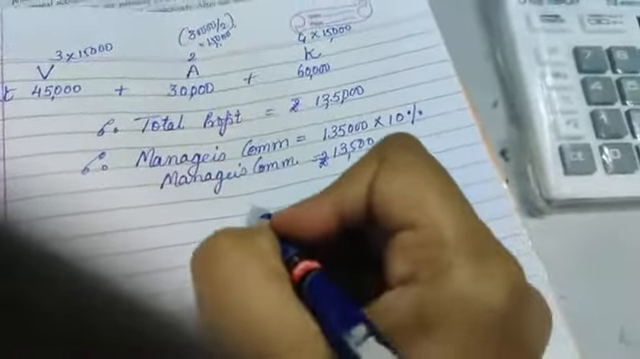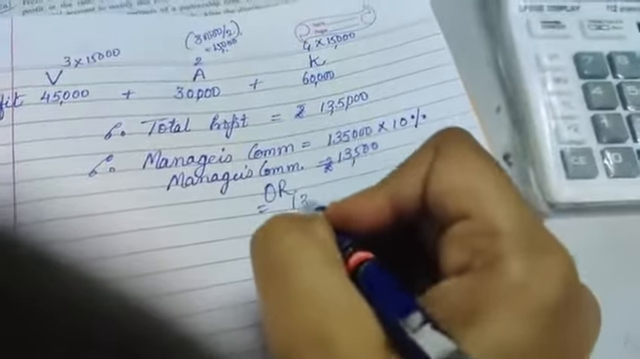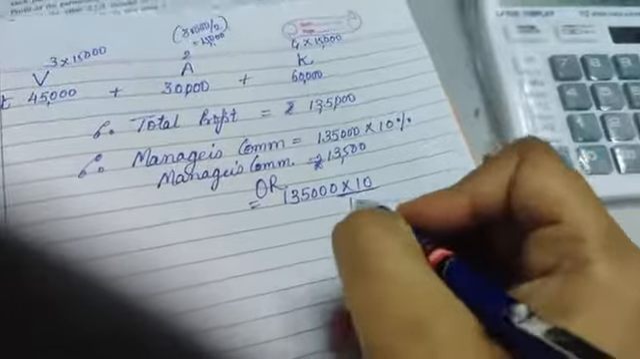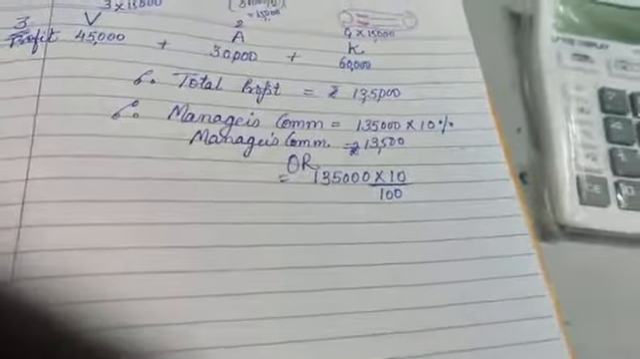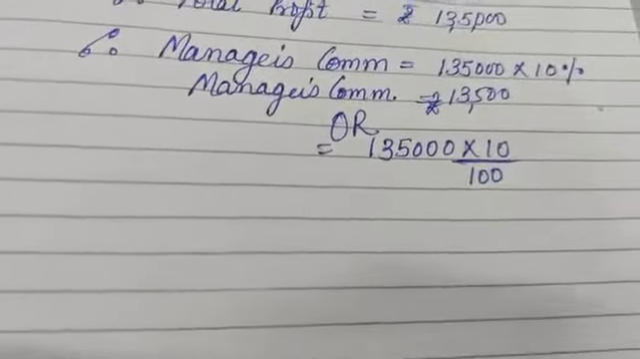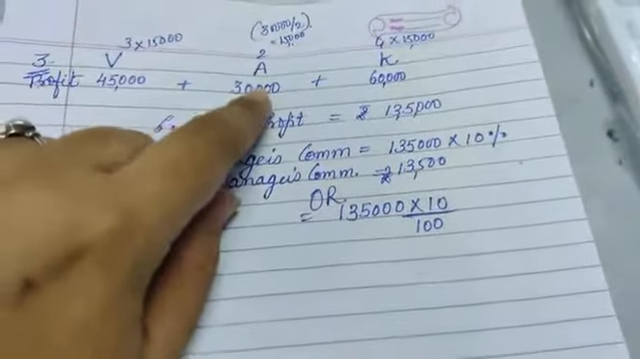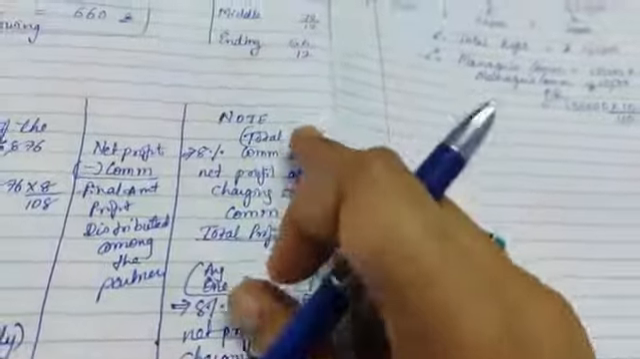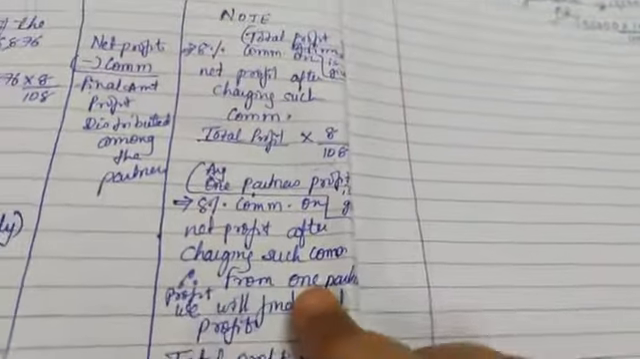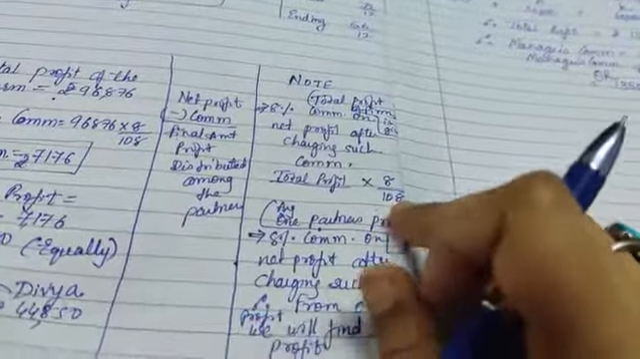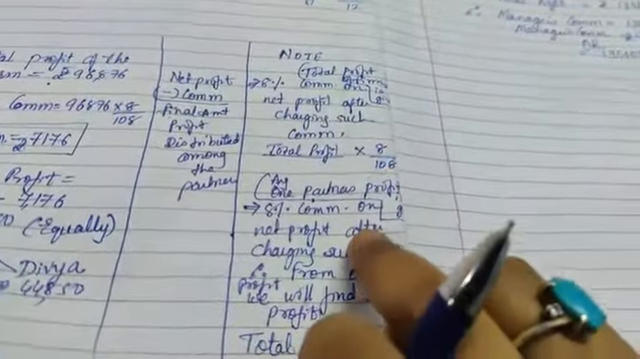Or even you can do it like this: 1,35,000 into 10, but in the denominator you will put only 100, you will not put 110. Clear? Here 110 is not to be added because only one partner's share of profit was given. That is according to our note number 2. When the firm's profit is given, then 8 upon 108, 10 upon 110. When only one partner's share is given,